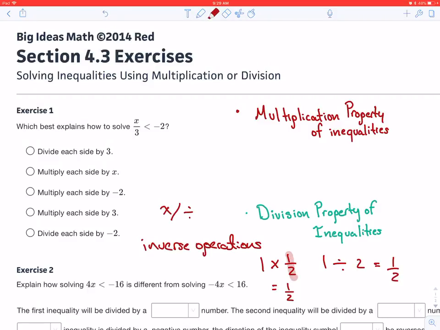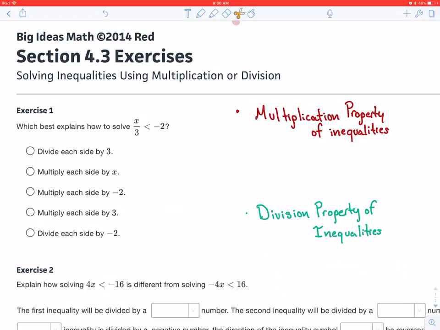This 1/2 here, when we multiplied by it, turned 1 into 1/2. And then the reciprocal of 1 over 2 is 2 over 1, or just 2. And dividing by 2 gave us that same answer, 1/2. And so that's what we call inverse operations. When you can get to the same result using different operations, we call that an inverse operation. So what we need to do in these types of problems in section 4.3 exercises is